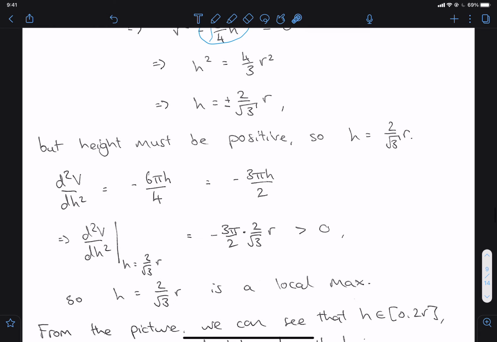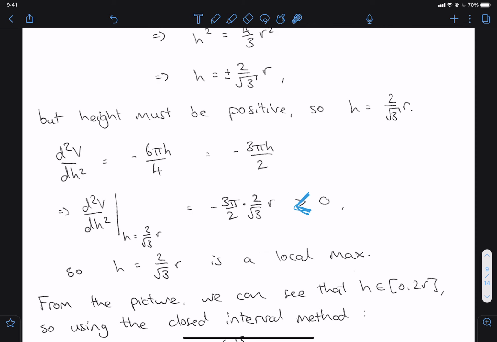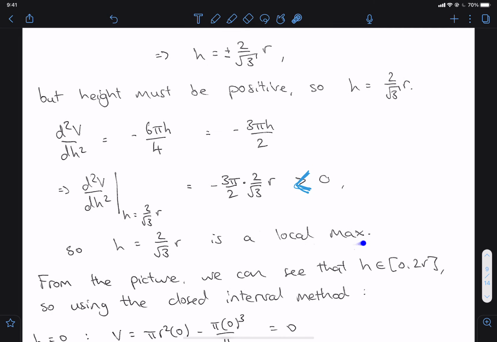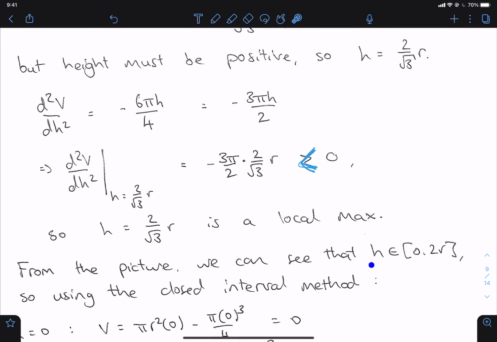So because it's negative, we have local max here. Here is a typo, should be less than 0. Okay. So we have a local max here. Okay, local max. And next, we're gonna consider the range of h, because our function v is written in terms